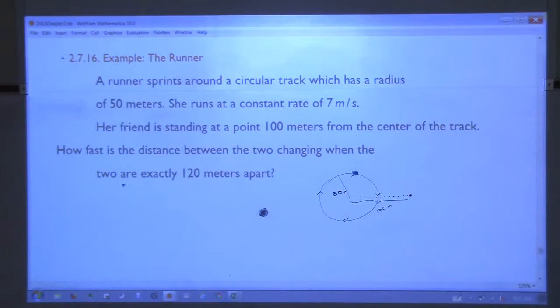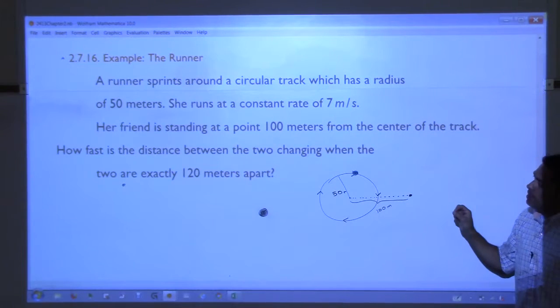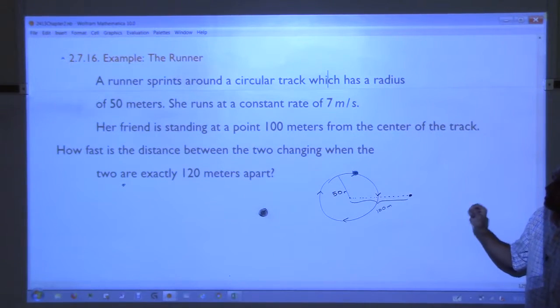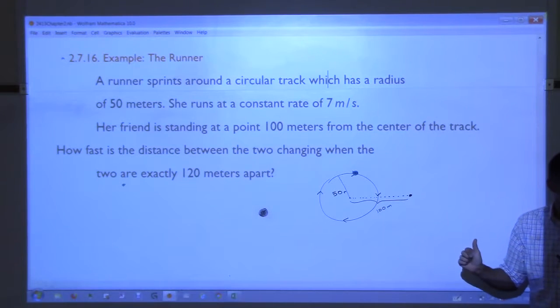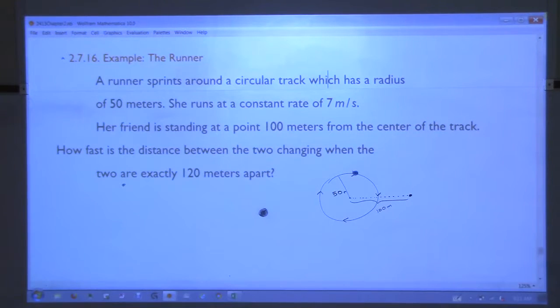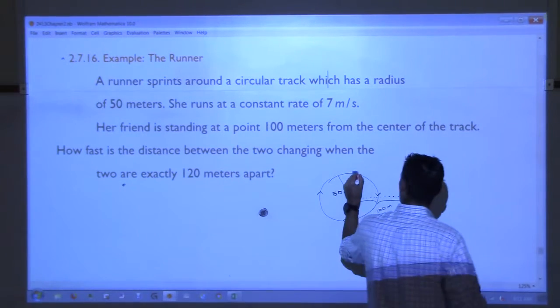Now that blue dot's moving, right? So it says, how fast is the distance between the two changing? So I need to somehow illustrate the distance between the two. So I should probably connect the two with a straight line. Sound good? Okay, if I connect these two with a straight line, like this,